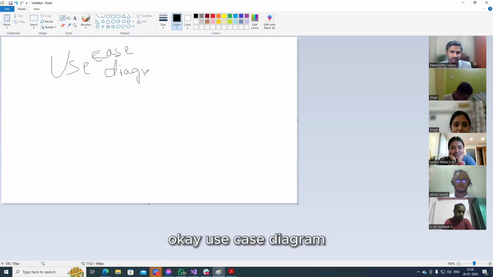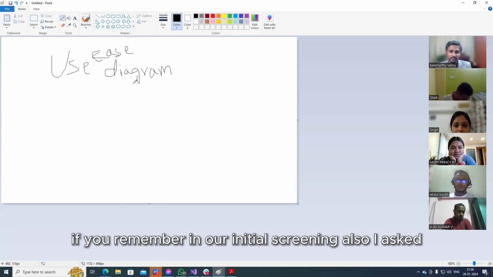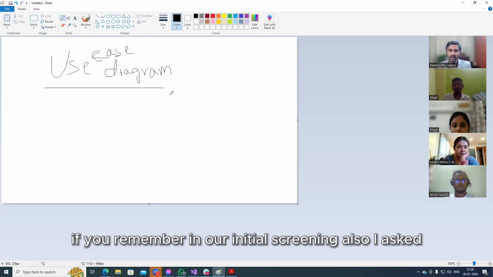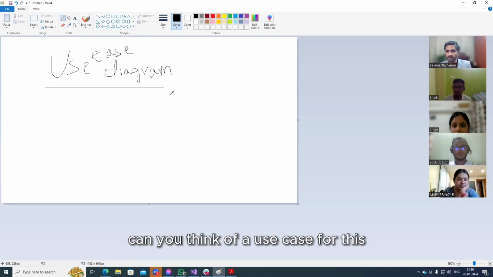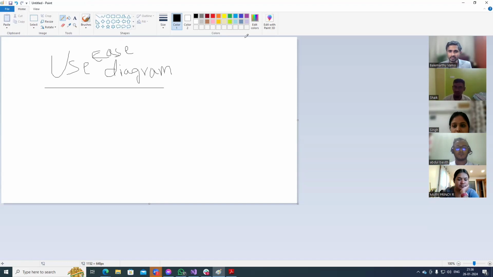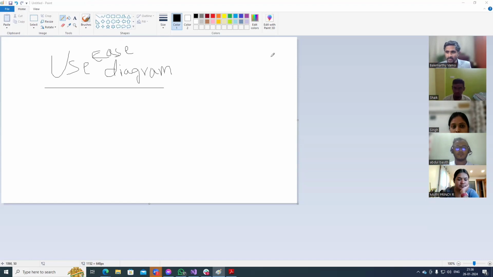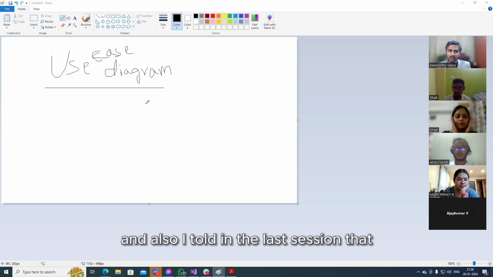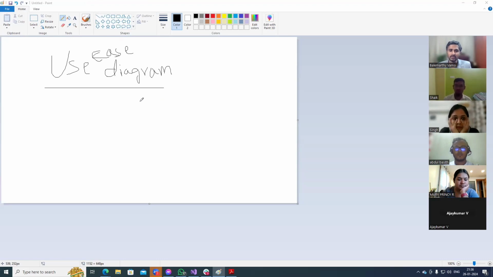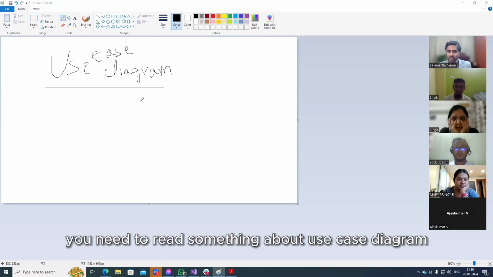Okay, use case diagram. If you remember, in our initial screening also, I asked, can you think of a use case for this? For the code piece, I asked, can you think of a use case, right? And also I told in the last session that you need to read something about use case diagram.